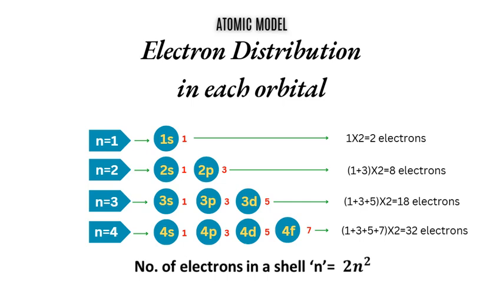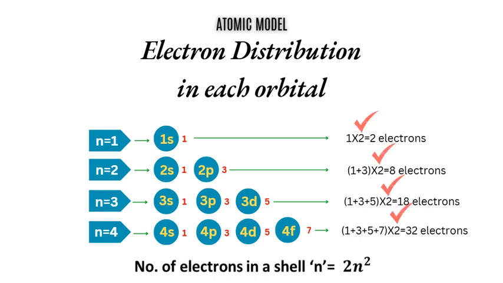The diagram shows for a given principal quantum number n, how many orbitals are possible, and for each orbital, how many suborbitals are possible. For example, for principal quantum number n equal to 1, there is only an s orbital. For n equal to 2, there is one s orbital and one p orbital. In the p orbital, there are 3 suborbitals. For n equal to 3, there is one s orbital, one p orbital, and one d orbital. The p orbital has 3 suborbitals, and the d orbital has 5 suborbitals, and so on.